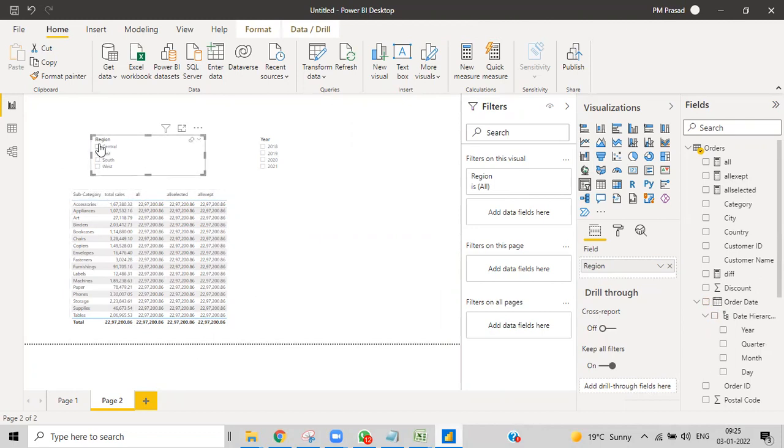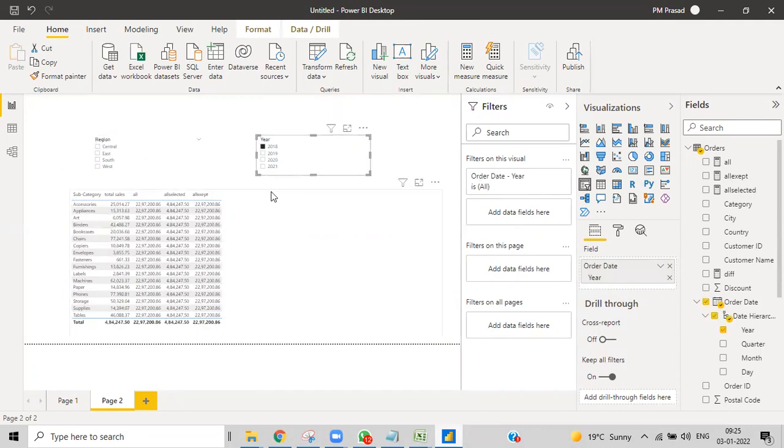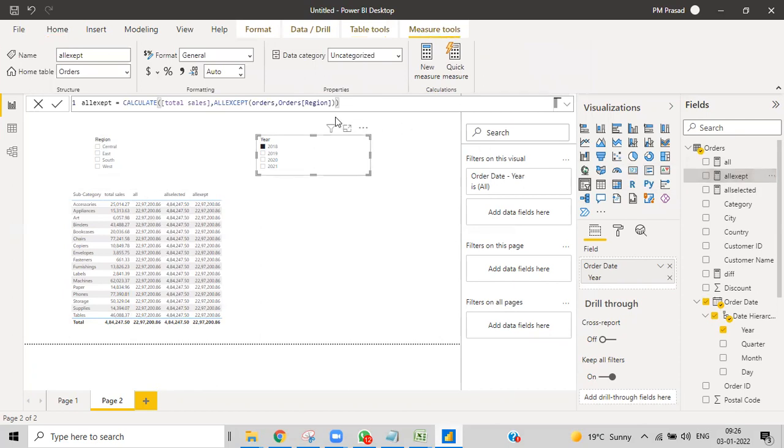First of all, when I click here, you see this thing has changed, because the external year filter will be applied out here. But when I click here, this one is not changed because we have given ALL EXCEPT with Region.